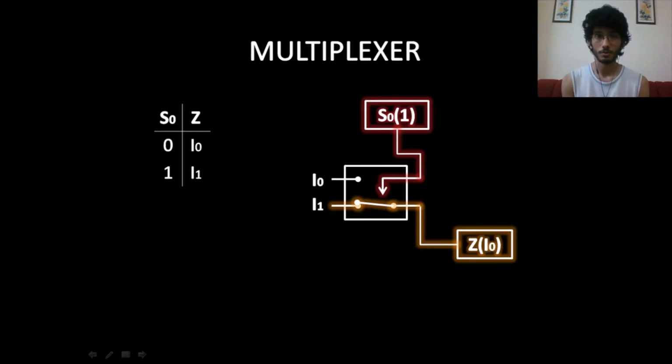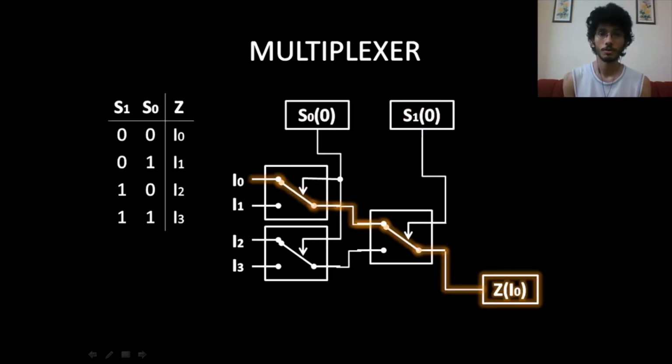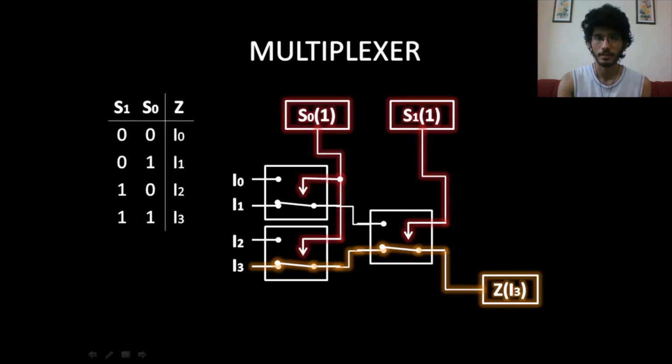Using this 2-to-1 mux, you can actually construct a 4-to-1 multiplexer, something like this. So now since it's a 4 input mux, we have to have 2 select lines to represent the 4 possible combinations. So when the select lines are 0, 0, I0 is connected, then I1, I2 and I3. Now let me remind you, these 4 inputs can be both 0 or 1, but we aren't really bothered about that. We are more bothered about which signal is connected to the output.